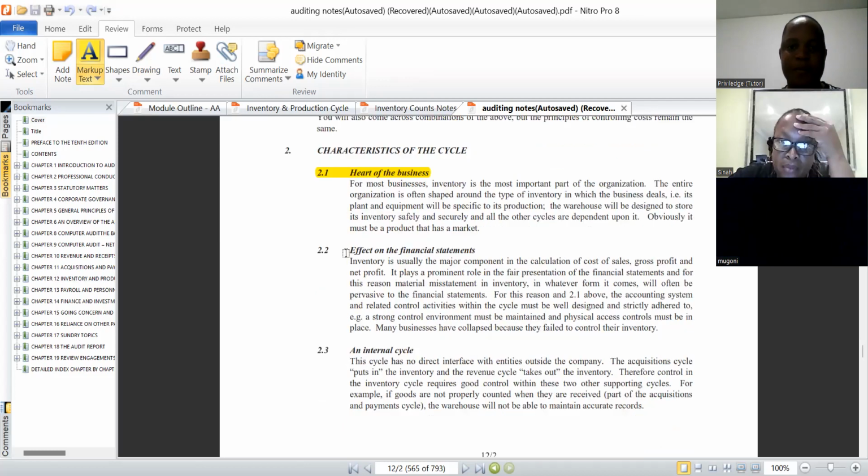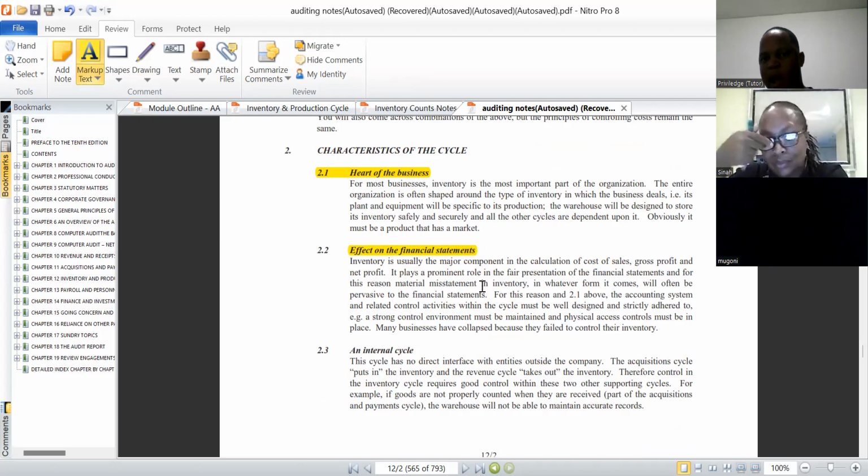Another important aspect to note with regards to the characteristics of this cycle is that it does have a significant effect on the financial statements, with special focus really being on the statement of financial position. But look, in as much as we deal with material misstatements, if one financial statement, like for example the SFP, is affected, it directly has an influence, for example, on the statement of changes in equity. Why? Because